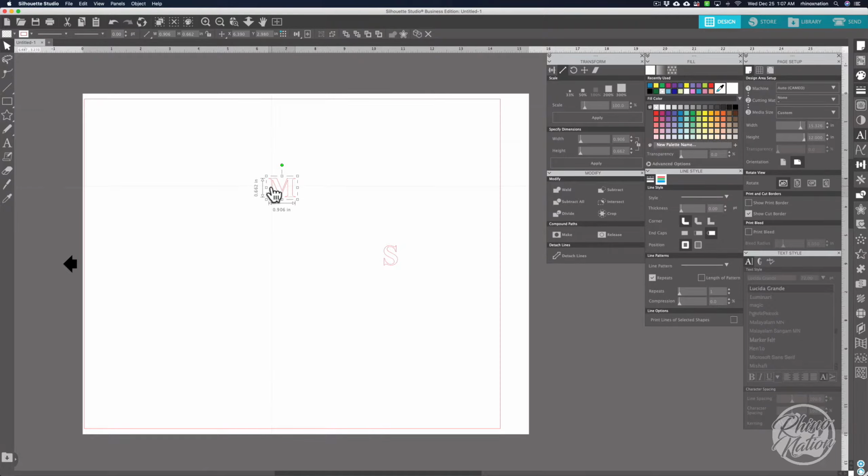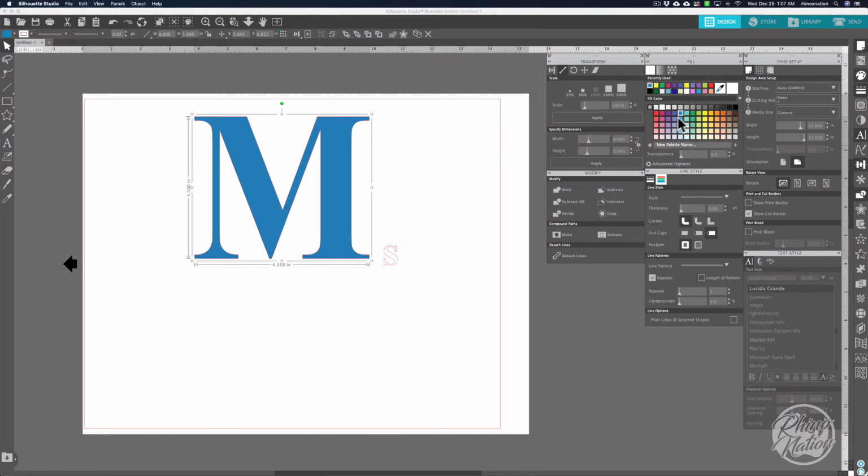So I've got my M selected. I'm going to click on the width and highlight that, and I'm going to type 6. Tab over to the height and hit 5, so that way it'll be 6 inches by 5 inches. Then I want to hit return, and it's going to resize my letter for me. I'm going to go ahead and change the color of this to this blue color just so we can see it. Then I'm going to get my S, select that, change it to blue,